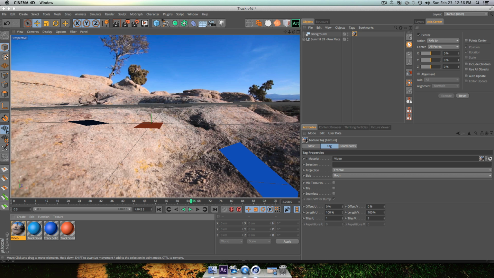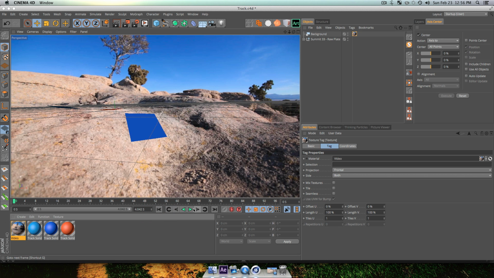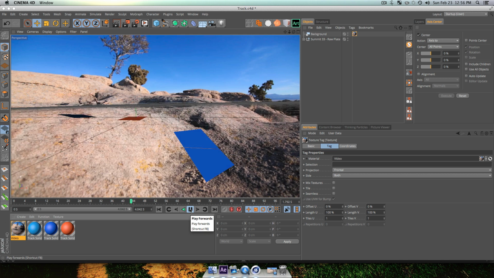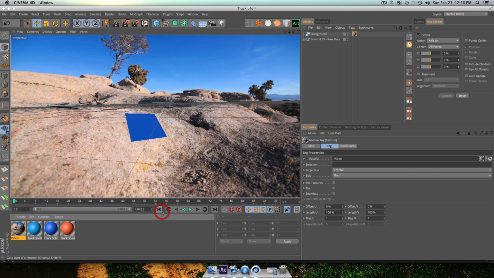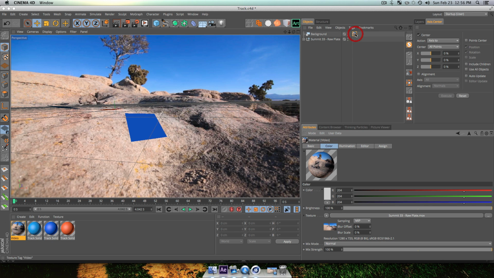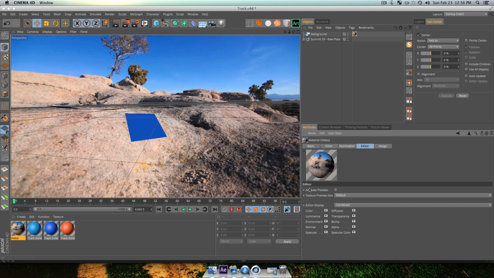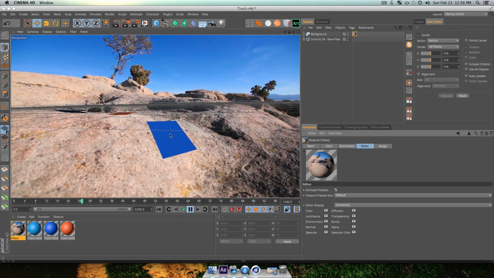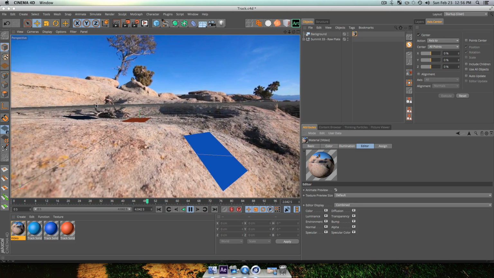So immediately our scene is going to be in our project. Now if I play this video, our camera's still moving, but our scene is not. So let's change the setting. Double click onto your material you would put onto your background and go over to your editor tab. On your editor tab, click animate preview. And what this is going to do is play the video to the corresponding frame as we go through this project. So now when I click play, we'll see our sticky notes are now stuck onto the video.